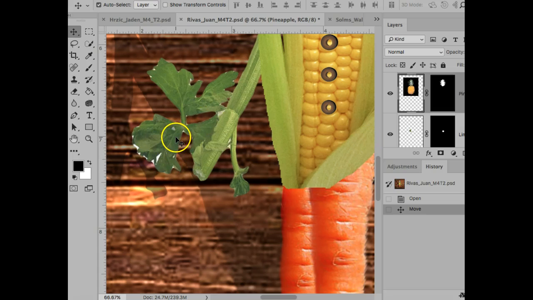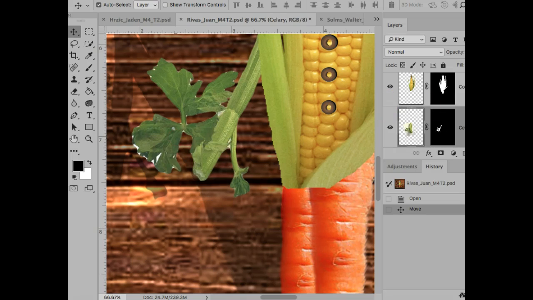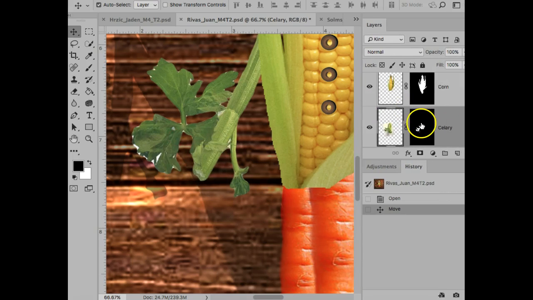I don't think we did this in last week's group critique here, but sometimes you can get Photoshop to fix that for you with just a little help. So in here, here's the layer mask. If we double click on that,